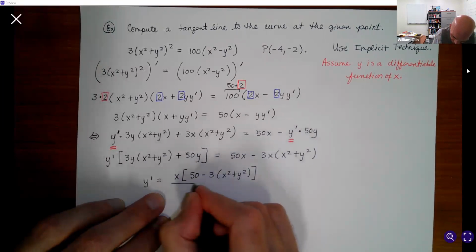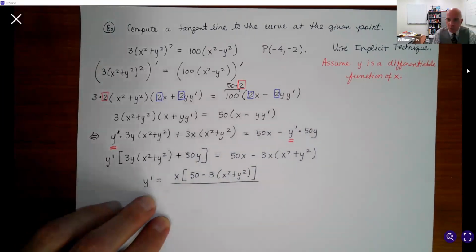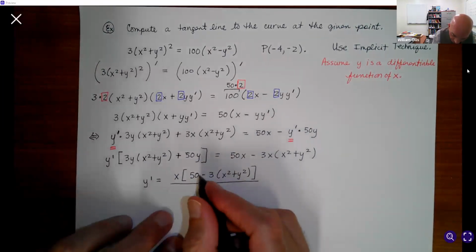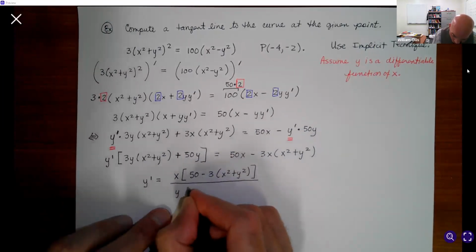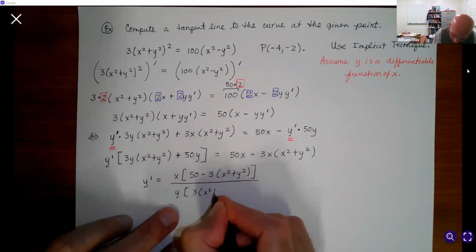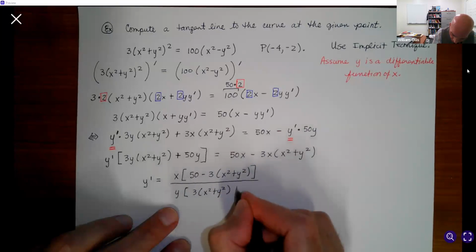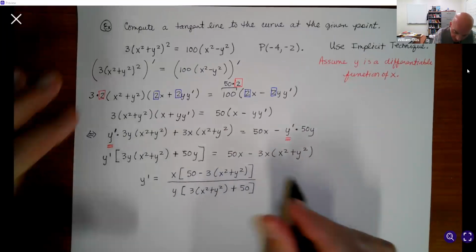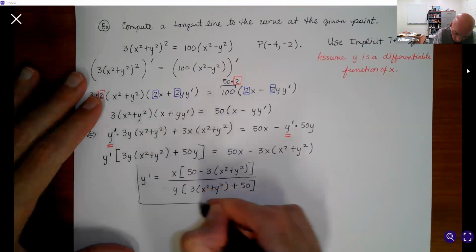Doesn't really matter what these look like, just work them in a way that you can easily substitute. And then the y's we can factor. We have y, we've got 3 times (x squared plus y squared) plus a 50. So this gives us a formula for